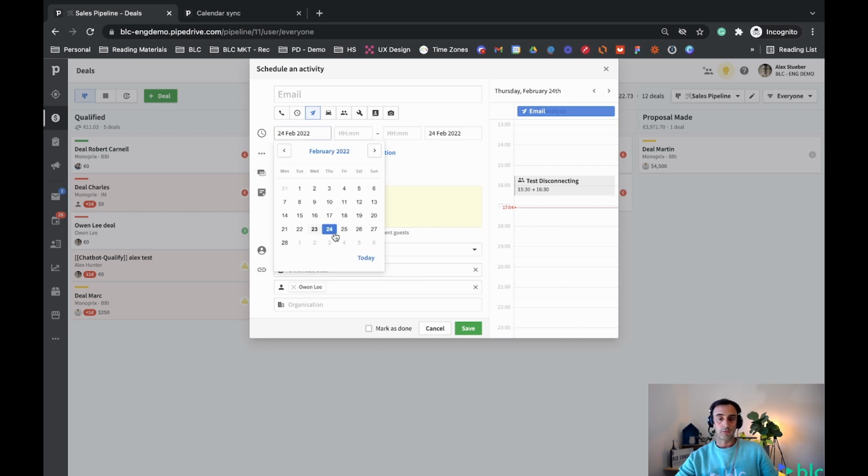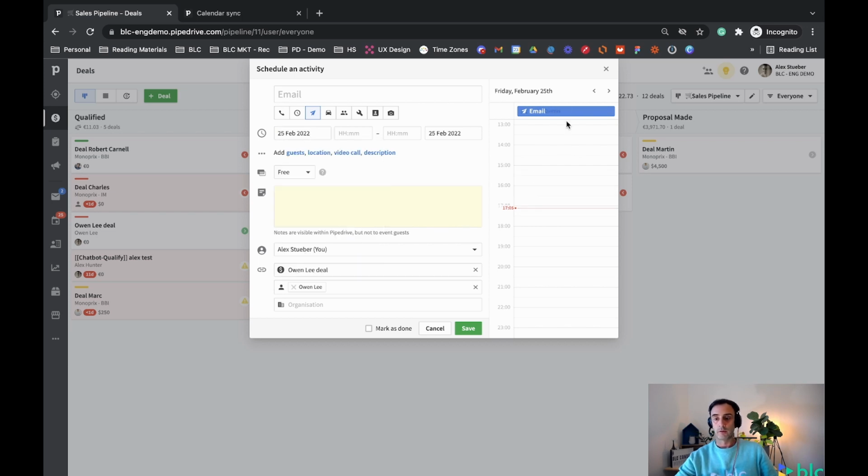So I can maybe pick Friday the 25th, and then my calendar right here would also change based on what I have in my calendar. So I could say that it's for the 25th. Am I free? Am I not free? If it's an email type, I could say that I'm free, I can send this email